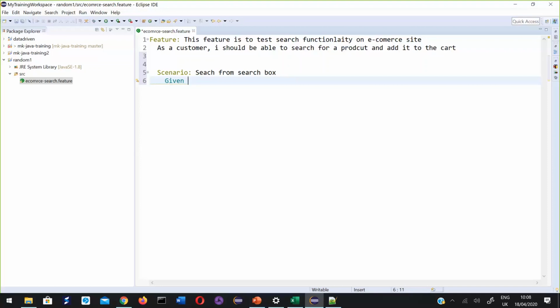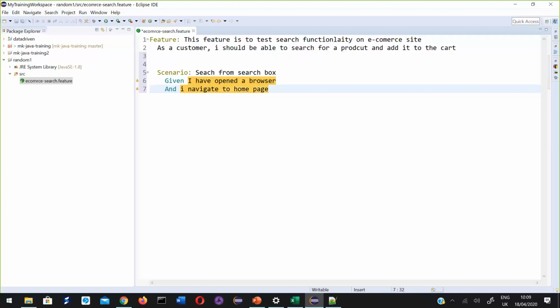Given I have opened a browser, and this is one precondition, and I navigate to home page.